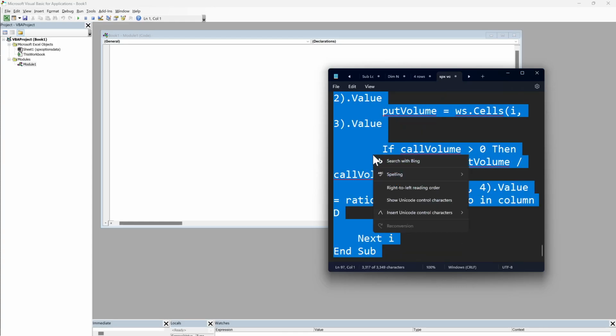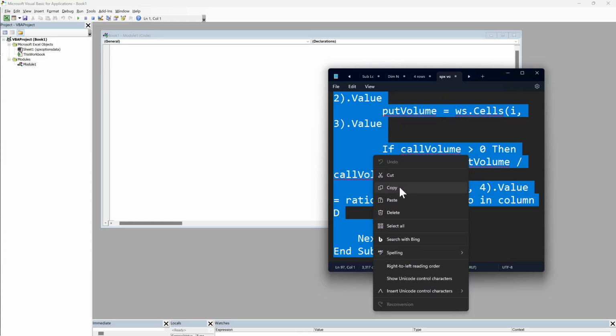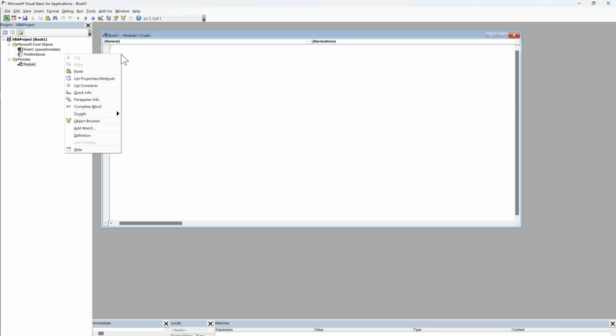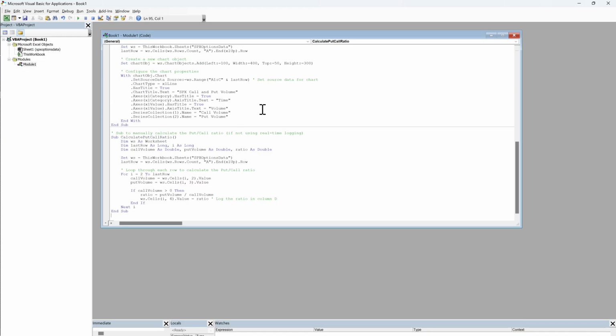Once you got that, you're going to just right click and copy, close that, and paste it right here in this module pop-up box. Once it's pasted, you're going to next want to make sure you have the module selected here on the left. It's highlighted in blue. Go to the green play button right here, and you can access that by pressing F5 as you see on my screen, or also you can just click on run and then click run macro